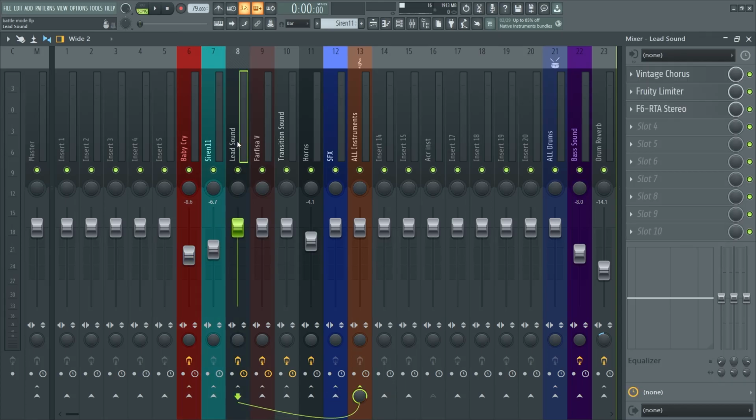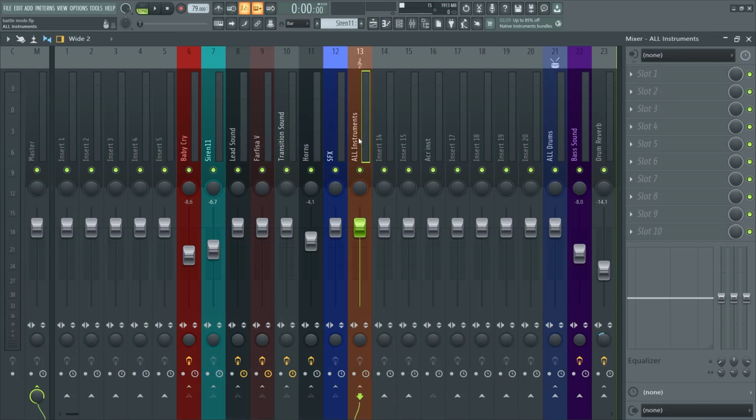So you see you have tracks in your mixer that are grouped into one track. Here, for example, this is called all instruments. But if you right click this, these are all muted. So how are you going to hear them? Well, I'm going to show you how to do something here where you can have them all soloed in a group.